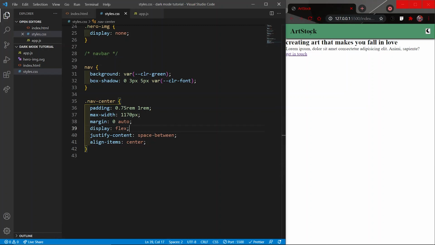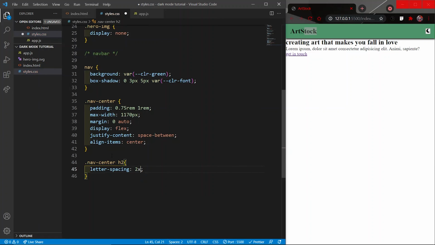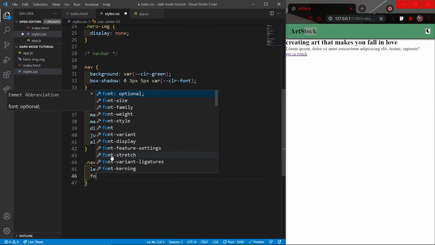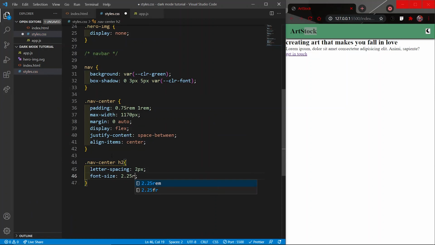Now let's style the logo. So I will again use nav-center and I will target the h2 inside it, which is our logo. Give it a letter spacing of 2 pixels, font size of 2.25rem.